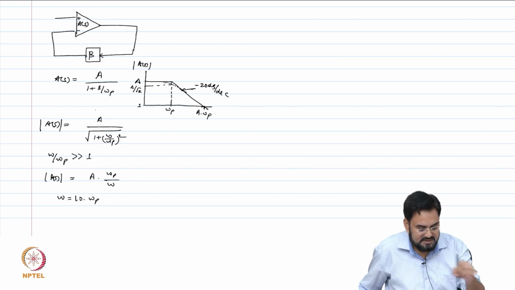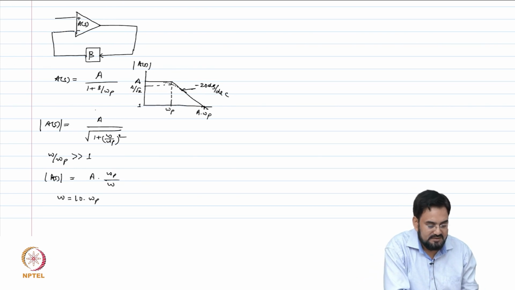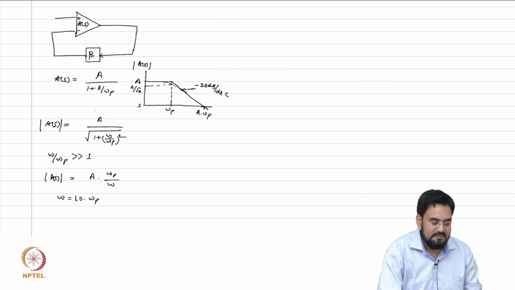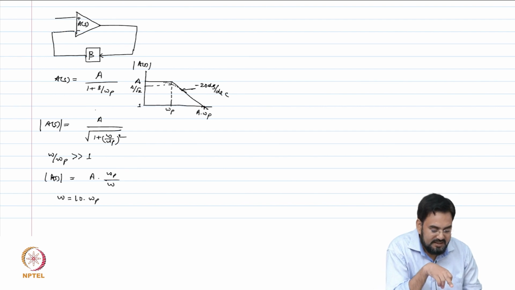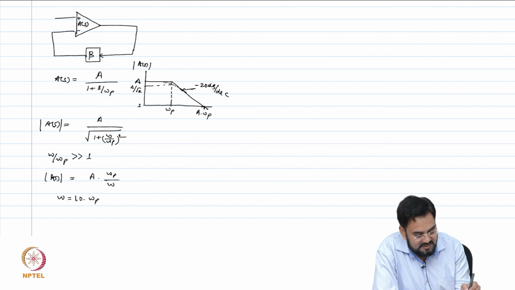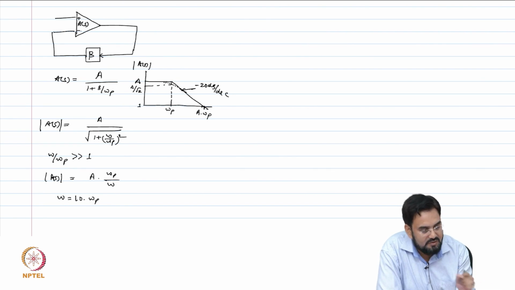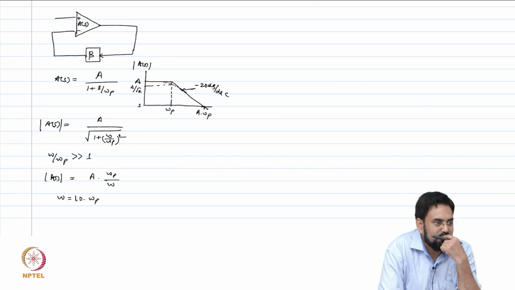So now this is your open loop, and where is the pole here? Left hand side or right hand side? Left hand side, so intuitively you can say it's a stable system. Okay, but is this true? When I say the left hand side pole of this A(s), am I supposed to look at the left hand side pole of A(s) or overall? Overall what? Loop gain or closed loop system, what?